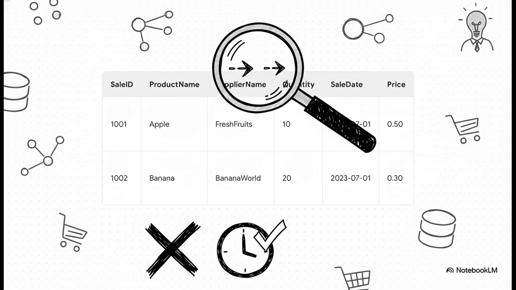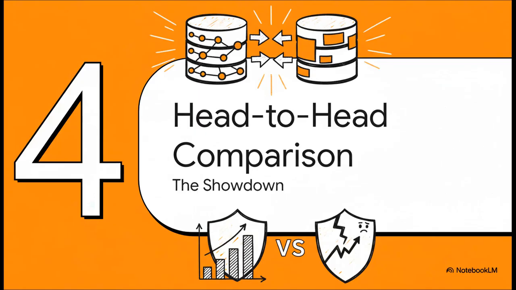It's a strategic choice. If a manager needs a quick sales report showing which products from which suppliers sold today, all the information is right here, in one place. There's no need for the computer to stitch 3 different tables together, which can be slow. The query is simple and the answer is fast. Okay, so now that we've met both of our contenders, let's put them side by side. It's time for the showdown so we can see exactly where each one shines and where each one struggles.